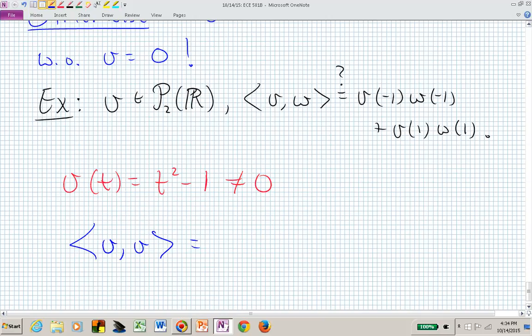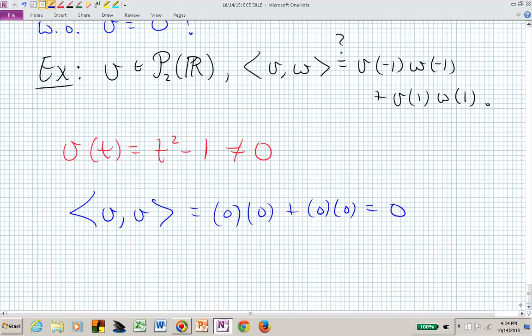Or what is v of minus 1? 0. And now what's v of 1? And now we have that equal to 0, when in fact the only time it's supposed to equal 0 is when the vector itself is equal to 0. So there's an illustration of why this is not a valid